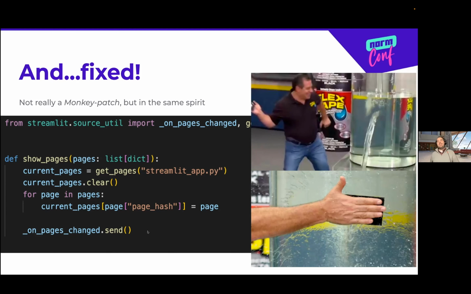And so I could very nicely have my sidebar, have my cake and eat it too, with just a little extra method. This isn't technically a monkey patch. I'm not actually replacing the code, but in the sense that I'm digging into the internals, using things that may not be advisable to use.